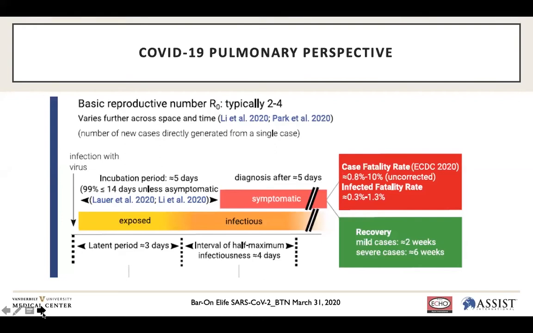The viral infection starts at day 0, and patients remain asymptomatic for a long period. They are exposed, infected, making the virus, replicating the virus. They are contagious for 5 days without knowing it. At the point they become symptomatic, the virus is in full course, and the symptoms declare themselves, usually first fairly mild, but eventually worsen, and in some cases lead to hospital admission, and eventually ICU admission and death.